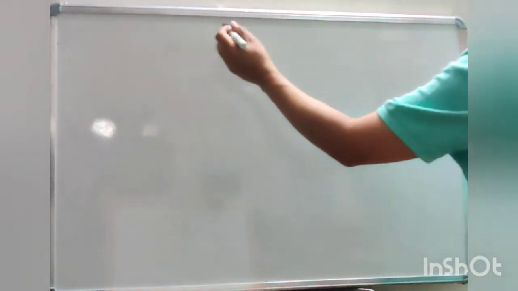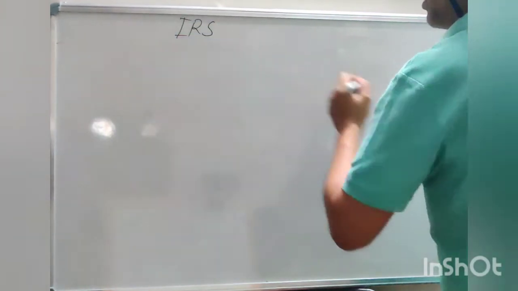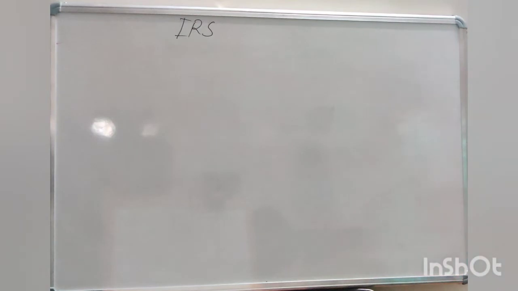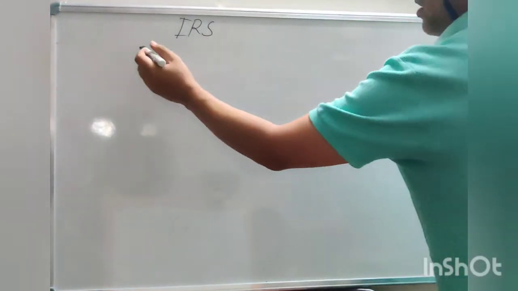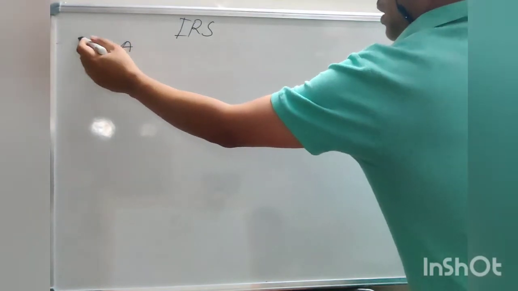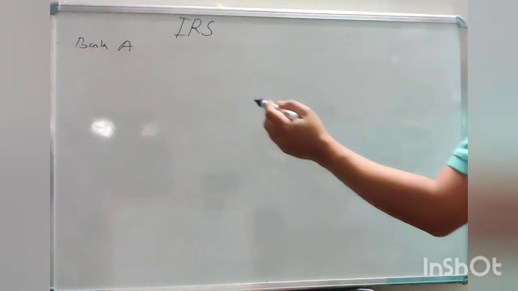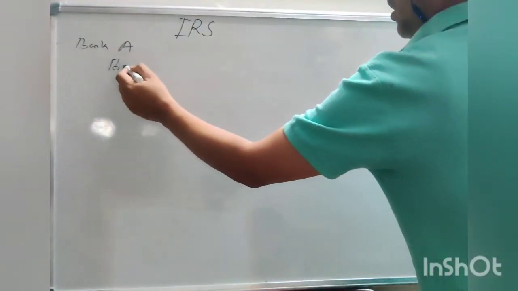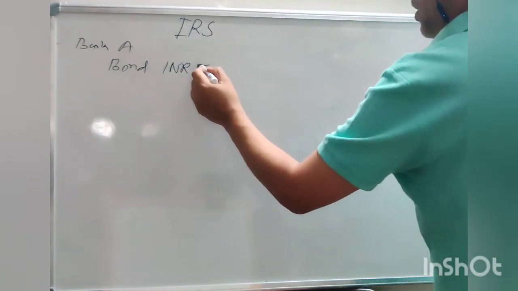Dear friends, to continue yesterday's topic about interest rate swaps, let me give a few more examples which are quite relevant as far as the banks are concerned. Like, one bank is there, Bank A, and for their liability requirement they are raising a bond, let's say of INR 500 crore,